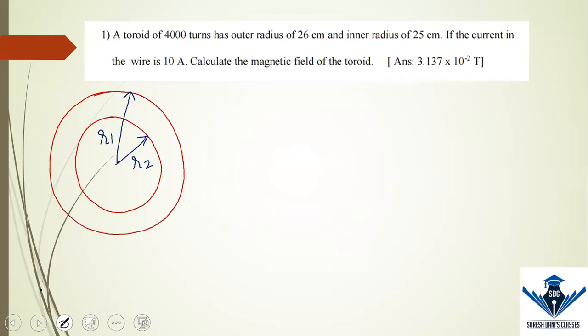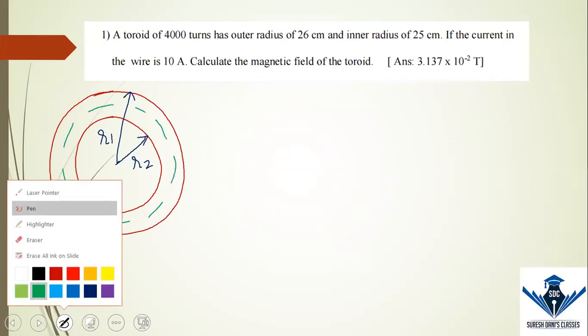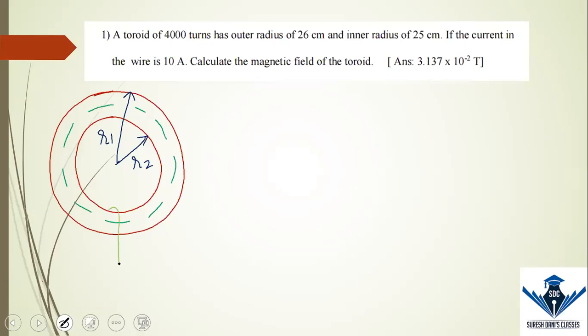If you remember, the magnetic field is right at the center of this. The magnetic field is here because you draw the turns. So I'm just going to draw the turns, it should look something like this. So do you remember the structure of the toroid? Whenever we are writing the formula of toroid, the radius that we consider is from the center to this point. This is R. Our R is from the center O to the center of the axis. Are you understanding what I am saying?